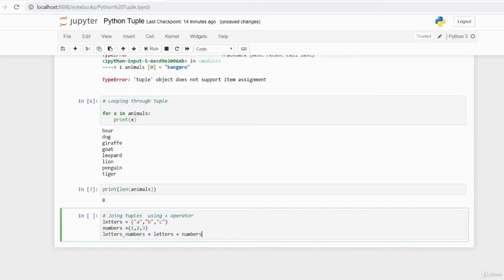You can also join tuples together. In this example, I'm going to be creating 3 tuples. The first one is called letters, and I'm assigning it 3 values, A, B, C. The second tuple is called numbers, and I'm assigning it 3 values, 1, 2, 3. The third tuple is called letters underscore numbers, and for its values I am using the plus operator to add the tuple called letters to the tuple called numbers. So let me run this